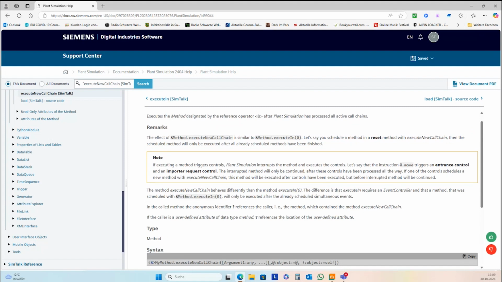Okay, next one. I would like to know about material handling systems using forklifts. Okay, I have it already in my list, and there will come a webinar for forklifts also.